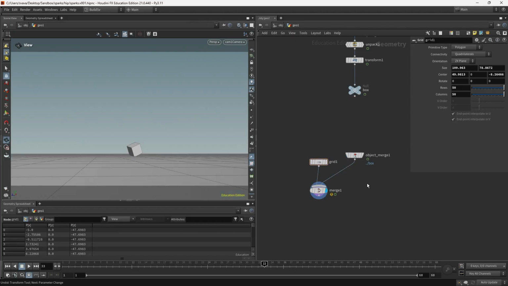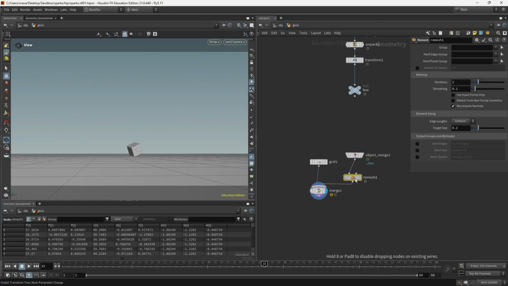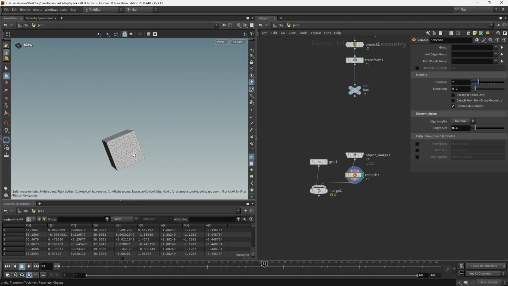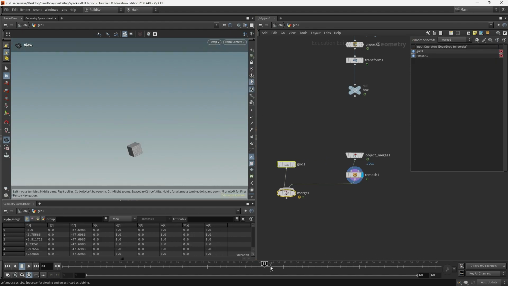First, let's remesh the box. And let's see what we got. I think I want a bit more points, so I'm going to take the target size down so the triangles become smaller, or 10 centimeters each. Something like this. But we might run into problems this way because the box is being remeshed on every frame. So there's a different set of topology created every frame since the box is moving.